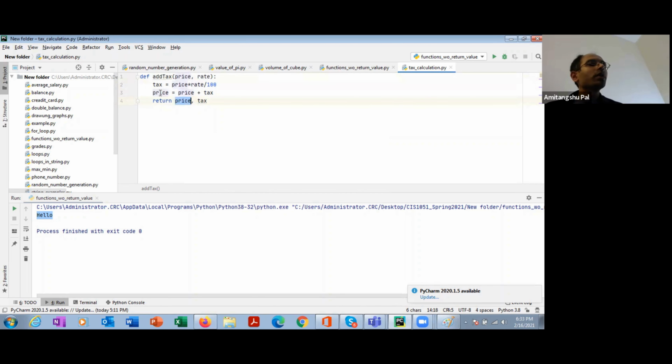I am returning a modified price, and then another additional value which is tax. So I am taking 2 parameters and returning 2 parameters. In general you can take n number of parameters, you can return n number of parameters separated by comma. Clear? Okay, let's say price equal to say 10,